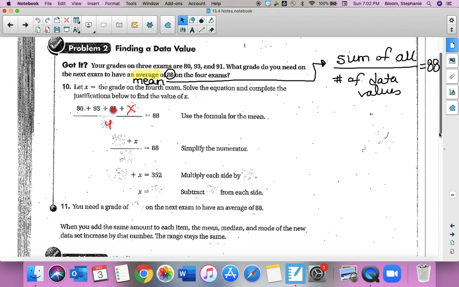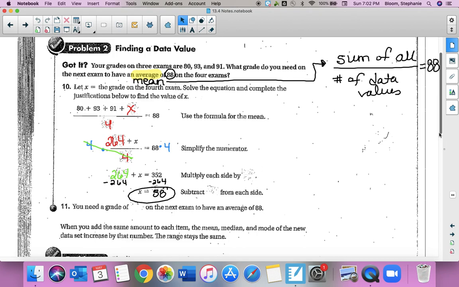And then we're going to combine like terms. So 80 plus 93 plus 91 is 264. And then to solve, the first thing we're going to do is get rid of that bottom number. So I'm going to multiply by 4. Make sure you do it on both sides. Remember, when you multiply this by 4, 4 on top and 4 on bottom cancels and becomes 1. So I have 264 plus x equals 88 times 4 is 352. And then we're going to subtract 264 over, and I would get